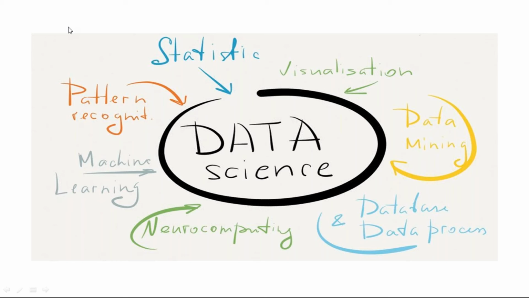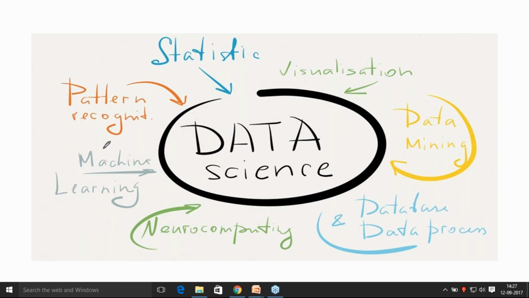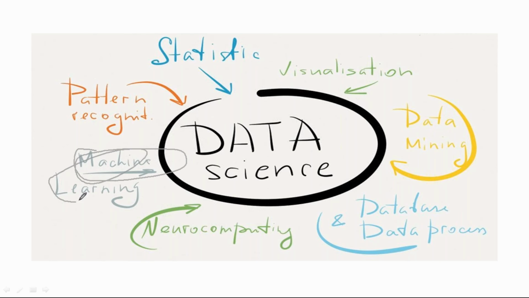And data science primarily revolves around data. So it depends upon data. The main objective of data science is what all information I can extract from data, and all the fields which are related to extracting the hidden knowledge present in the data. This all is related to data science. Here we can see that it has machine learning as a domain. So this is a very integral part of data science.